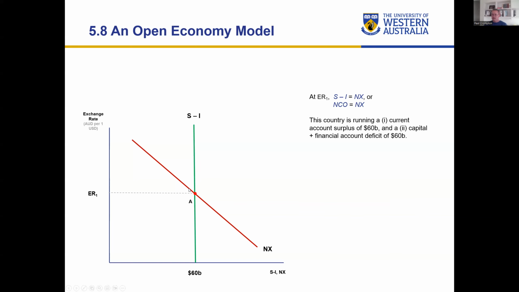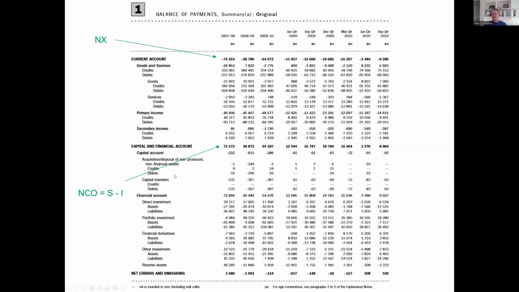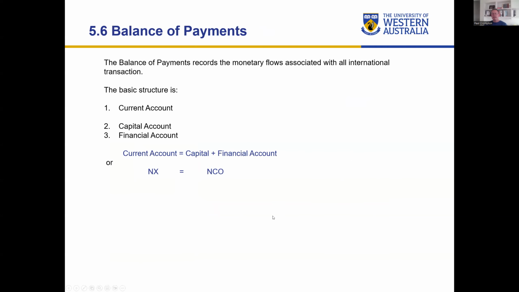But before we do that, we need to understand this, but we're going to deal with this in, I think, a more interesting way than maybe you've dealt with it before. We're not going to get stuck on all the numbers and all the different bits and pieces here. We're going to look at it at a very high level, but before we do that, we need to understand the overall structure of the balance of payments. So the balance of payments records all of the monetary flows associated with all of the international transactions that we've